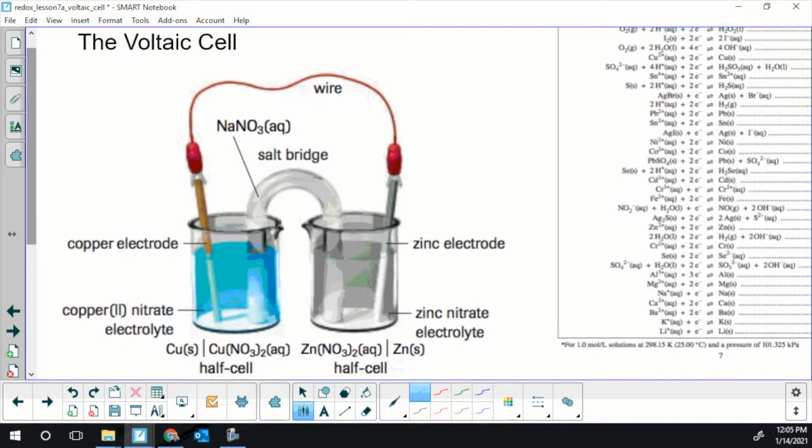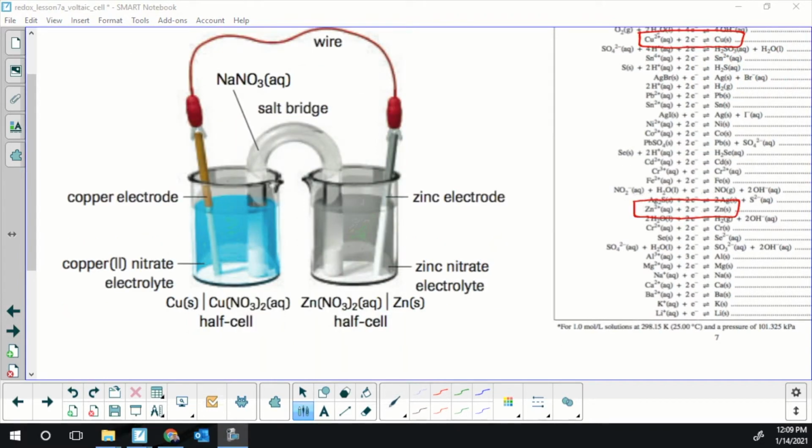So this is something I'd like you to write into your notes. It's something I'd like you to write fairly big, because I'm going to label, well, which one is the anode? Which one is the cathode? Where do electrons flow? Okay, this is like a battery. Electrons need to flow. Cations, where do they move? Anions, where do they move? So I'm going to start going through this voltaic cell